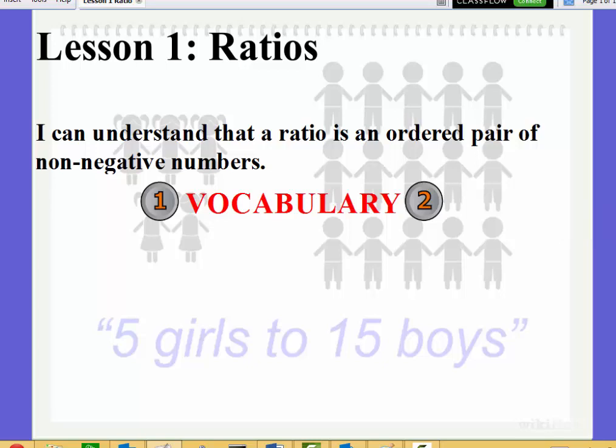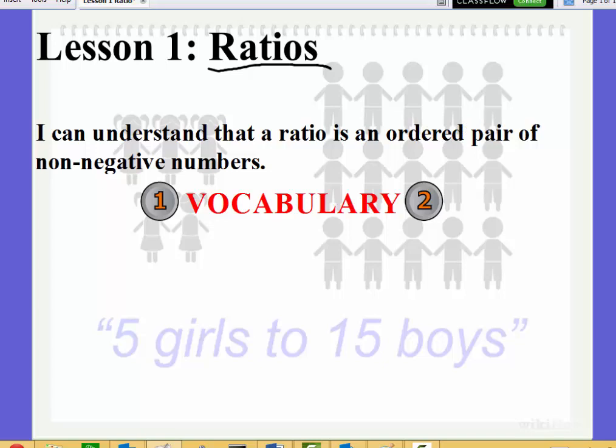So we're starting our new unit today on ratios. About our next 35 lessons are going to be on this new term, ratios. So we're going to explore today what a ratio is. Our I can statement for the day is, I can understand that a ratio is an ordered pair of non-negative